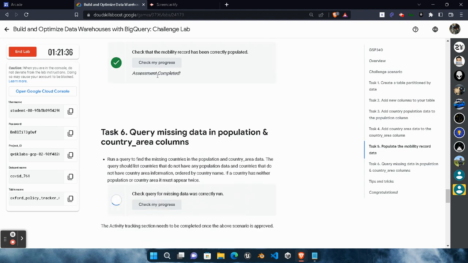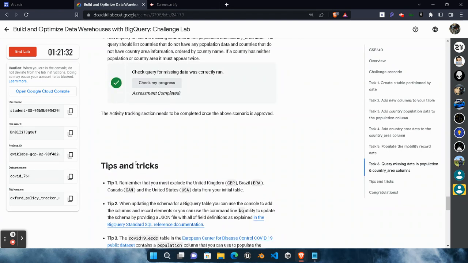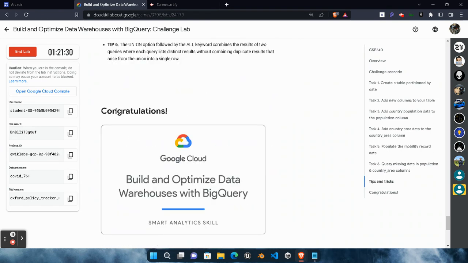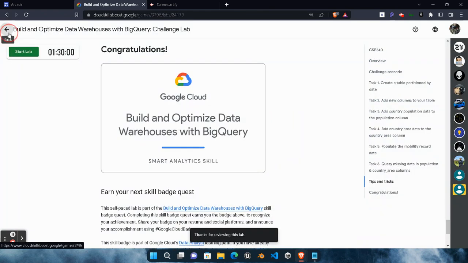Click on this, make sure आप हर एक चेक माई प्रोग्रेस पे ग्रीन टिक ले लें, उसके बाद ही हम एंड लैब करेंगे। Now scroll down, wait for this to get a green tick, now scroll down, keep scrolling, you can see congratulations, our lab is now completed. Click on the end lab button, click on the submit button, give the star rating that you want to give, click on the submit button, click on the back icon to come back to the main page, wait for the page to be loaded up,